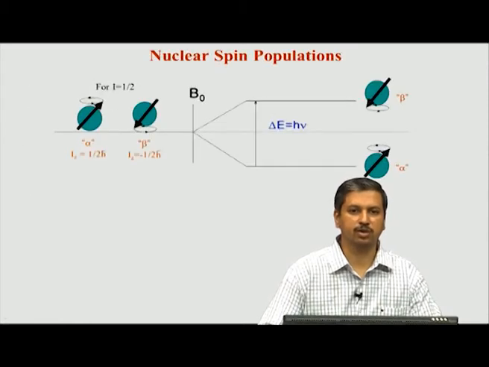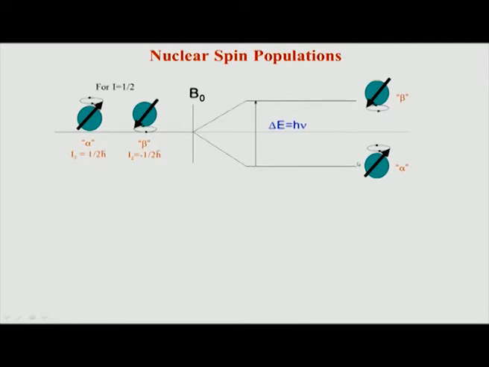Nuclear spin population starts from looking at how the spins are oriented in the magnetic field. When you do not have a magnetic field, the spins are degenerate: the two spin orientations, alpha plus half and minus half, have no particular orientation. But when you apply a magnetic field you see that the spins get split into two populations. This is called the lower, ground state energy level, and this is the upper state energy level. This happens when you take a collection of molecules in a magnetic field.